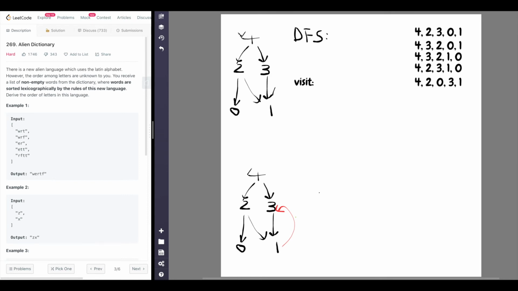So let me define: 4 is a parent of 2, 2 is a parent of 0 and 1, and 3 is a parent of 1. Okay, so let's traverse it first. When we traverse 4, we can go either way, go to 2 or 3. So we go to this side, go to 2 and go to 0. Okay, 0 does not have any